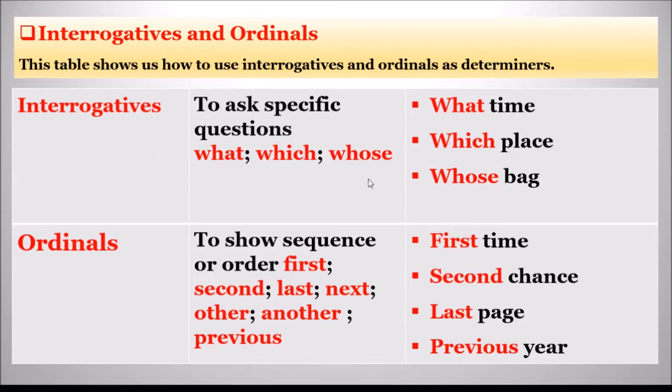What, which, and whose. Here, what is used for asking for information specifying something, like what time did you arrive, what reason he gave, when we are asking about specific things. And which is used for asking information specifying one or more people or things from a definite set, like which table would you prefer, which teacher told him that, which person came here, which place.